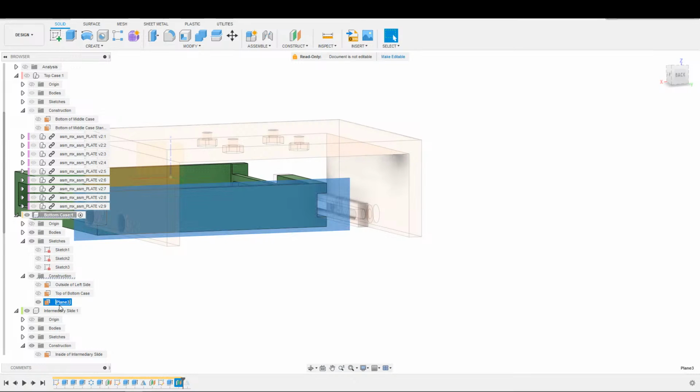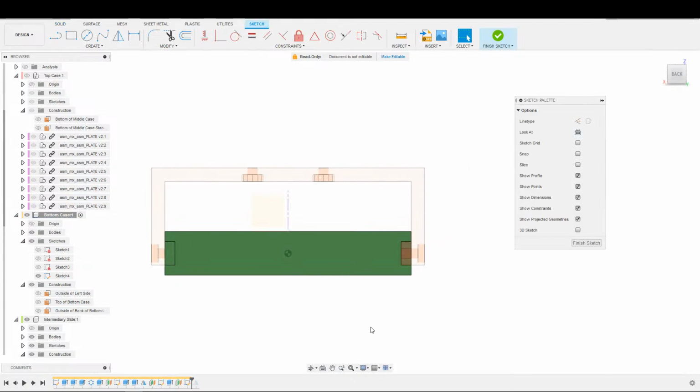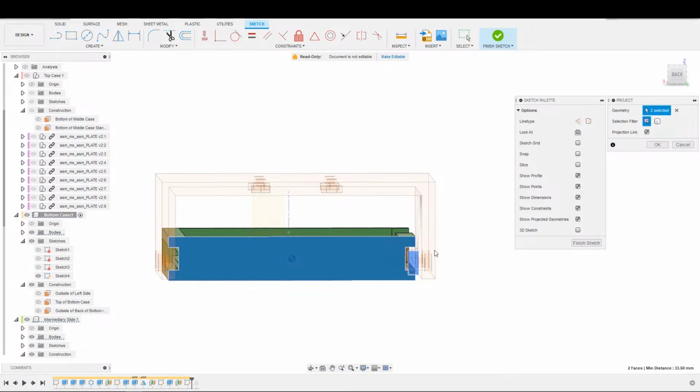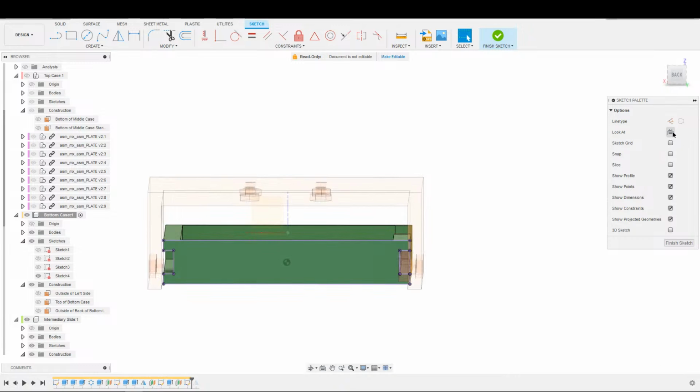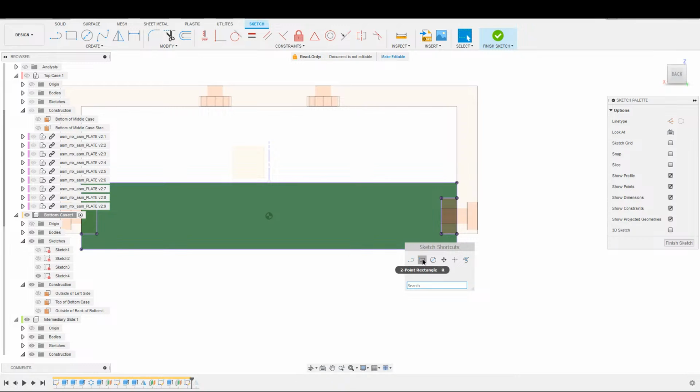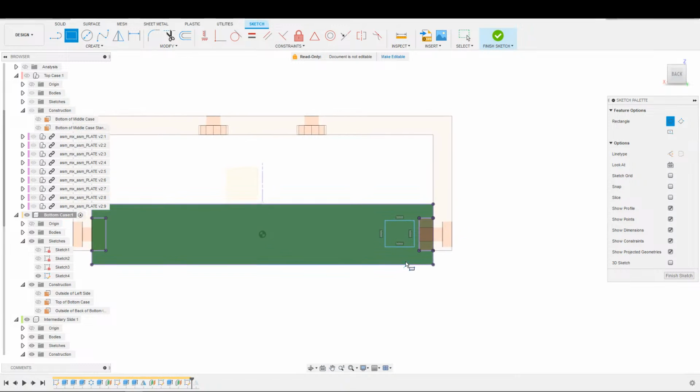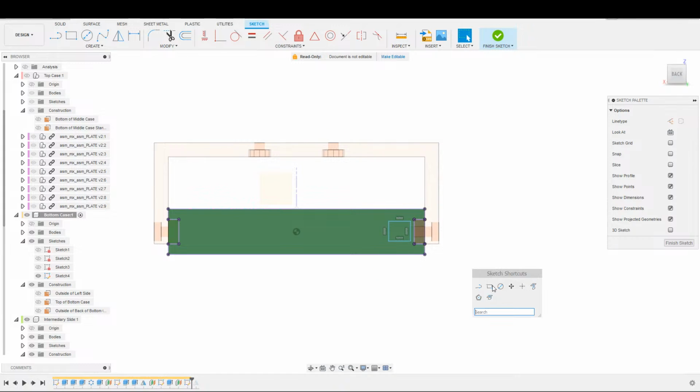This is the back of the bottom case, or outside of back of bottom case. And now we can just project that guy as a reference. We'll include that guy too just in case I need it. I don't think I do, but we'll see what happens. And now we just need, so actually one of these things where, let me double check myself because 5.45 is the actually, so here's 5.45 is this measurement here, but I need the maximum to make sure that no matter how the